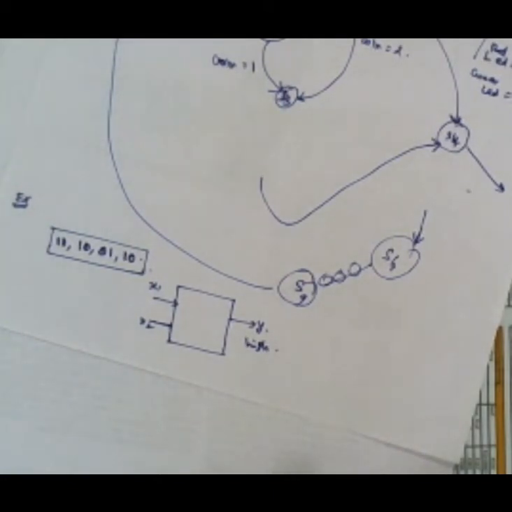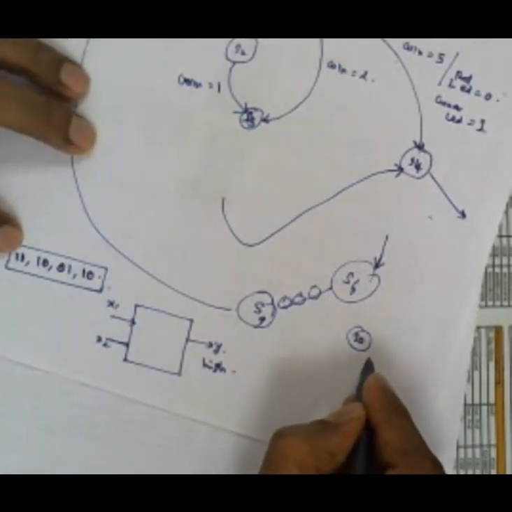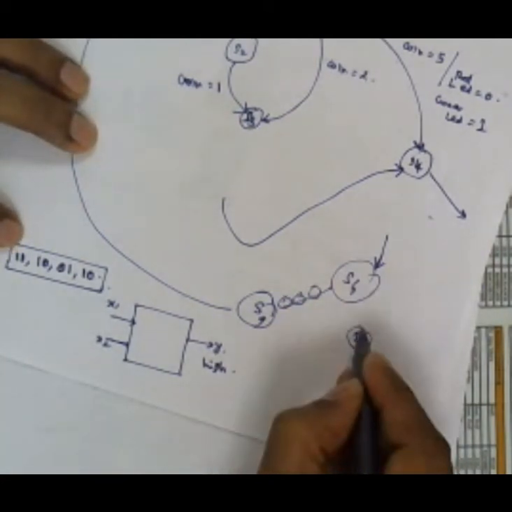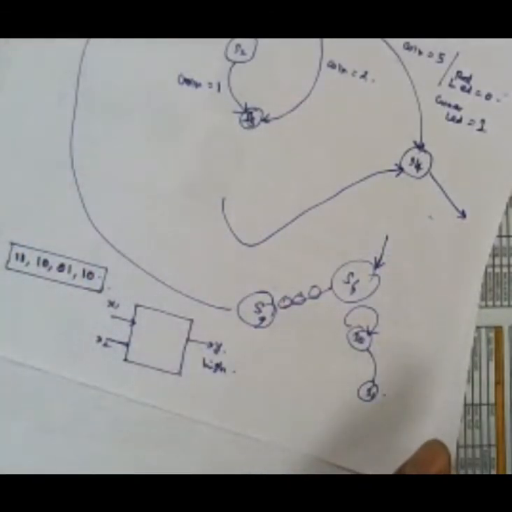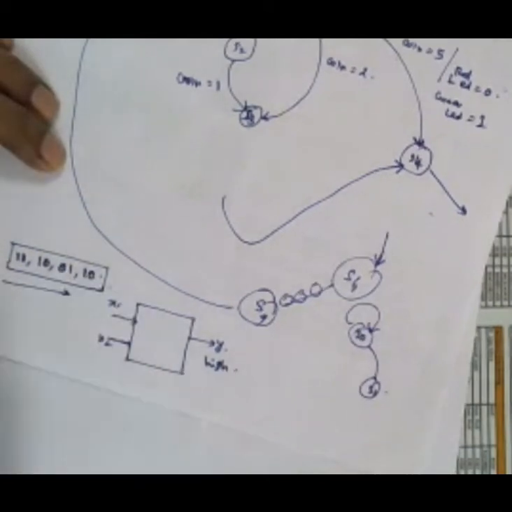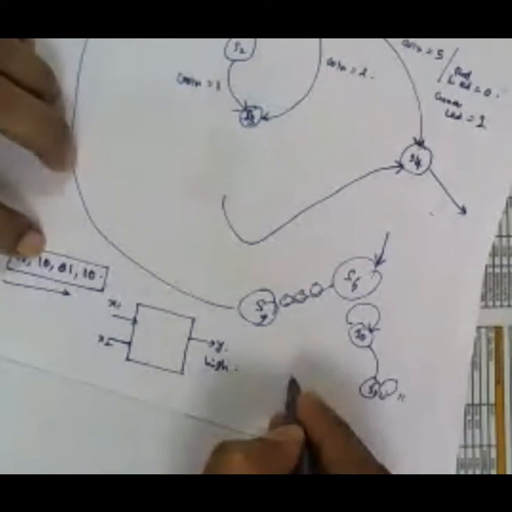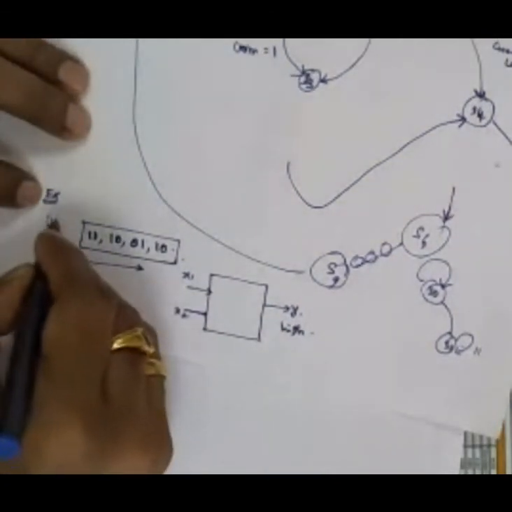Instead of 1 bit, the state diagram will be: if in S0, as long as 1, 1 is coming, it will go to S1. Any other combination other than 1, 1, the circuit will not move anywhere. Then, if 1, 1 comes again, it has to be here. Or if 1, 0 is coming, it will move somewhere. You understand the idea, no? So this one you practice now.